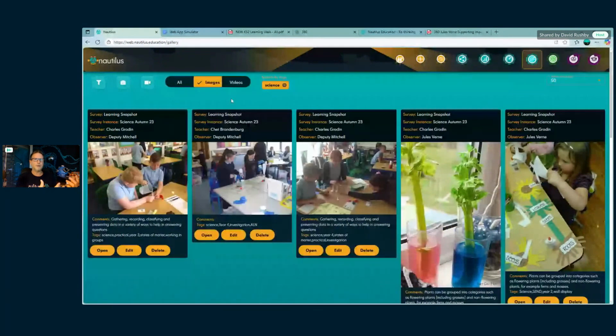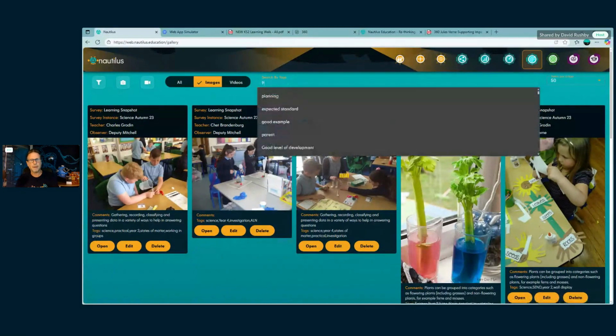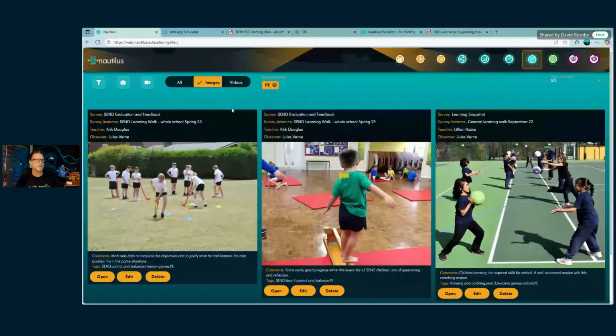The same with the video, if we want to do the same for the PE lead, it means that you can ask them to take 20-second clips of PE, and then we come into here and then put PE into the system, and then we're able to bring up images and videos that we can see for the PE leader. So they're not having to go and find them, and you're providing those. I think that's a great way to be able to celebrate and put the teachers in a position where arguably,